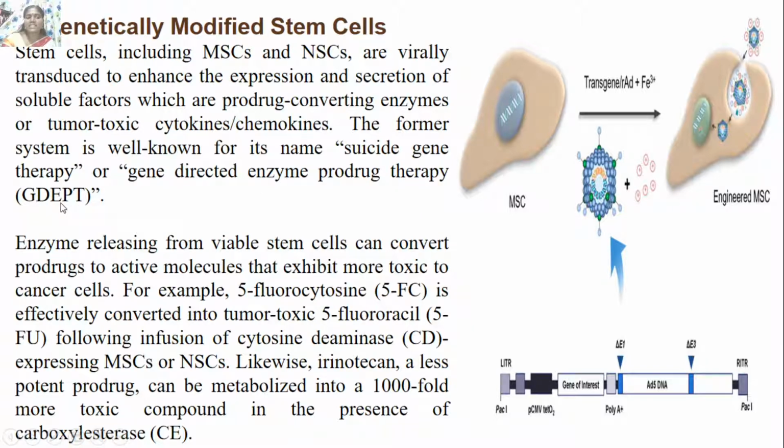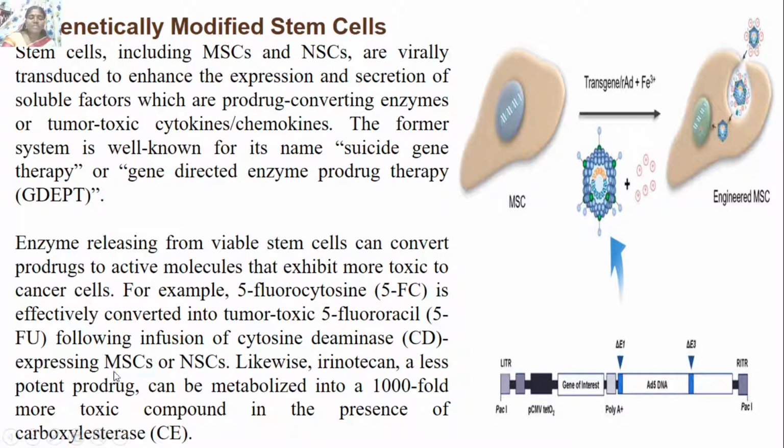Gene-directed enzyme prodrug therapy. See here, the enzyme released from the viable stem cells, that is, these mesenchymal stem cells that are genetically modified with the genes, can act on the drug which is more effective on cancer cells. The enzyme released from the viable stem cells can convert the prodrug to active molecules that are more toxic to cancer cells. For example, 5-fluorocytosine is effectively converted into tumor toxic 5-fluorouracil following the infusion of cytosine deaminase expressing